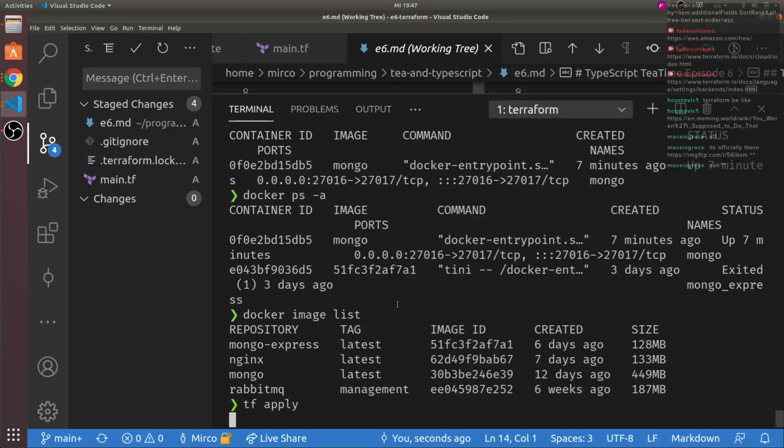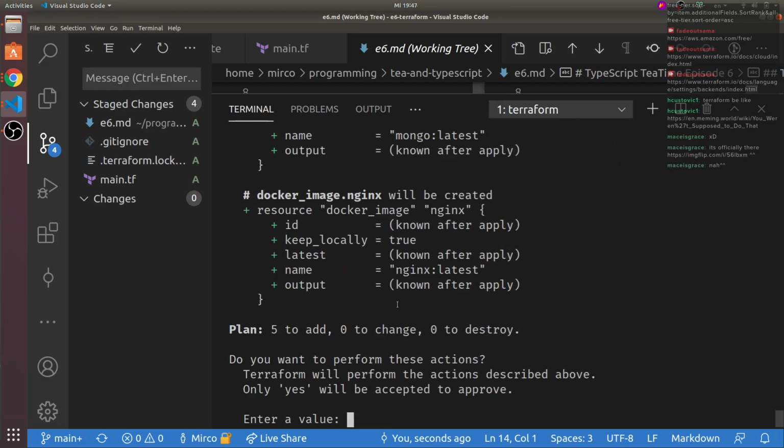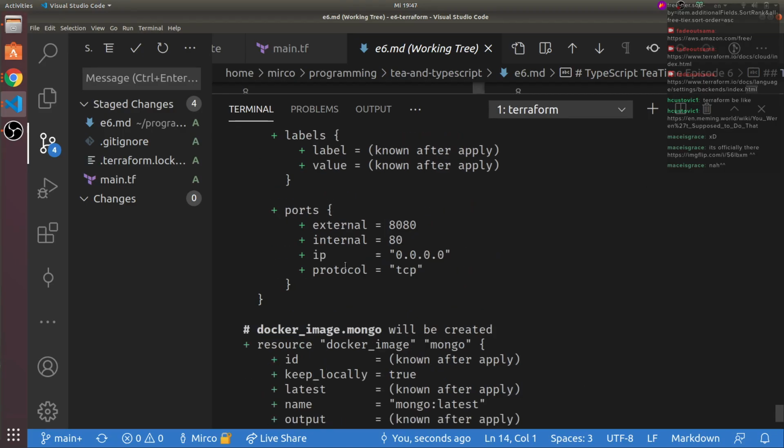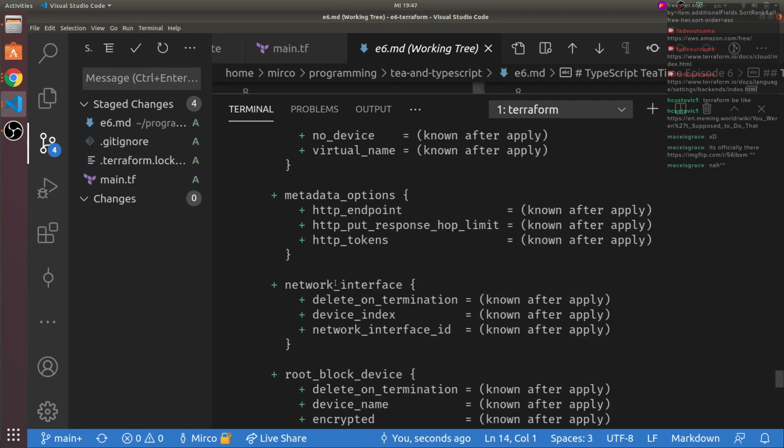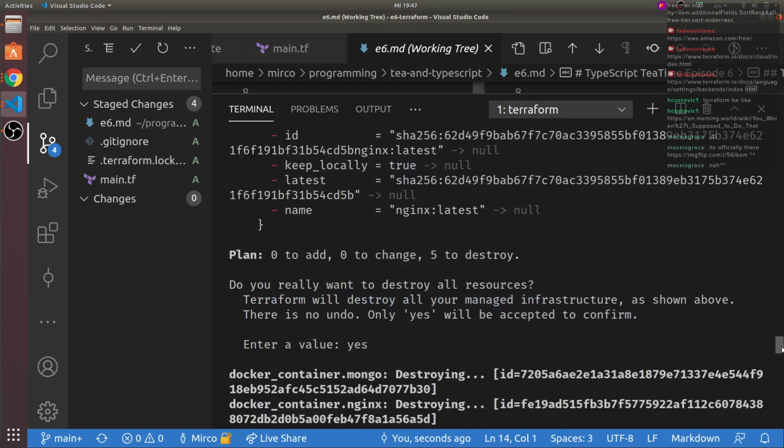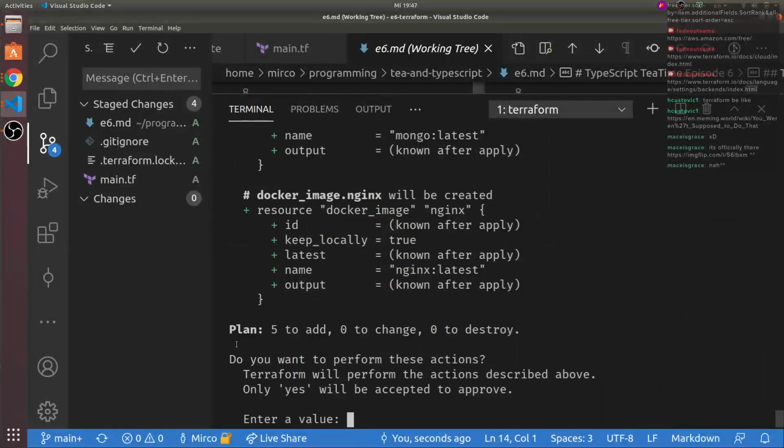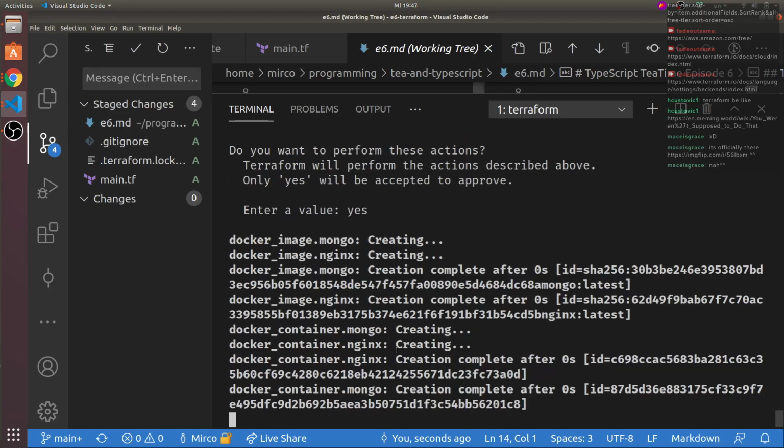TF apply. Do the magic. Well, now it refreshes again, but there's nothing to refresh because the state is empty. It plans again, and in this case, nothing exists because the state is empty. So it has to create everything, every single resource, the 2 images, 2 containers, and an EC2 instance. And yes, we want to do that.